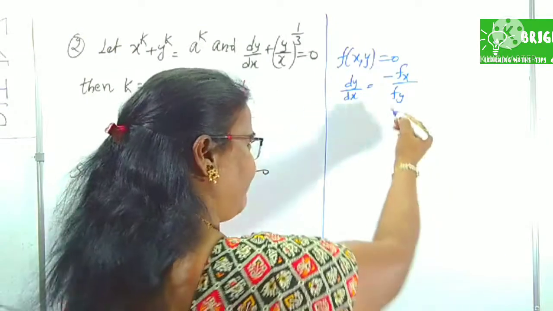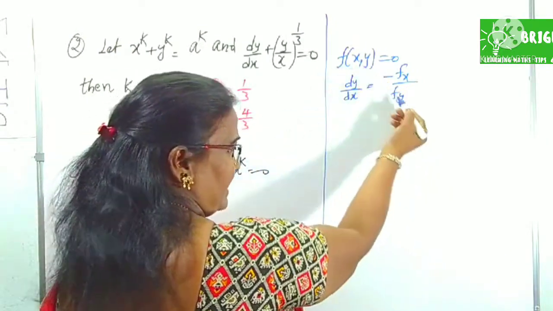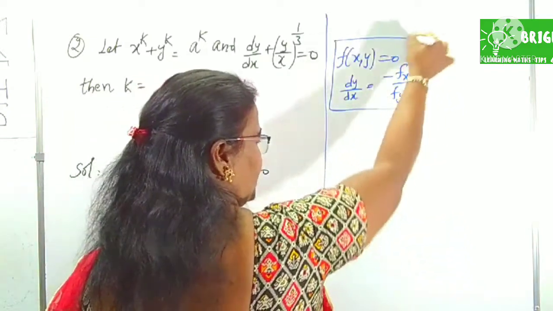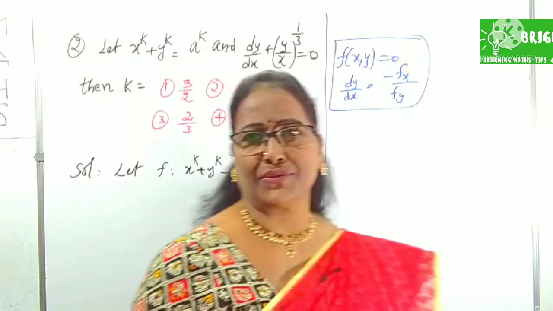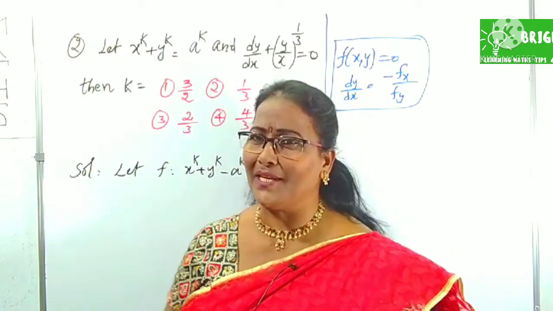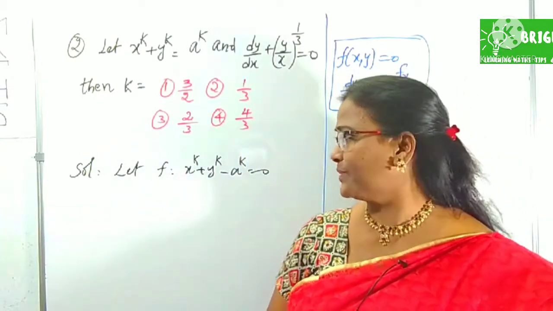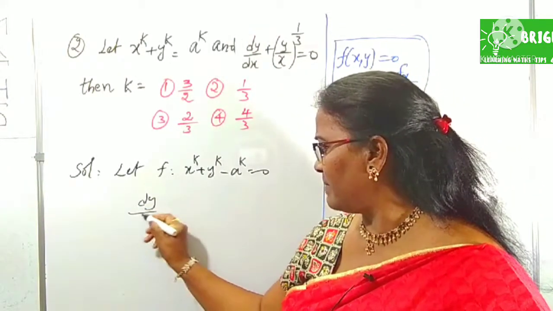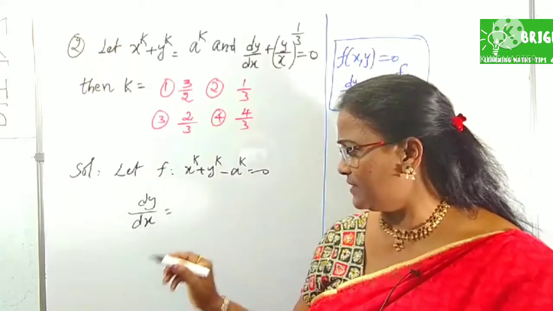In the same way, fy means the derivative of the function f with respect to y, treating x as a constant. This tip I already used in part 1 of derivatives, and I am going to use it here also. It is a simple way to do it. So what is its derivative? dy/dx, according to the tip, what is that?